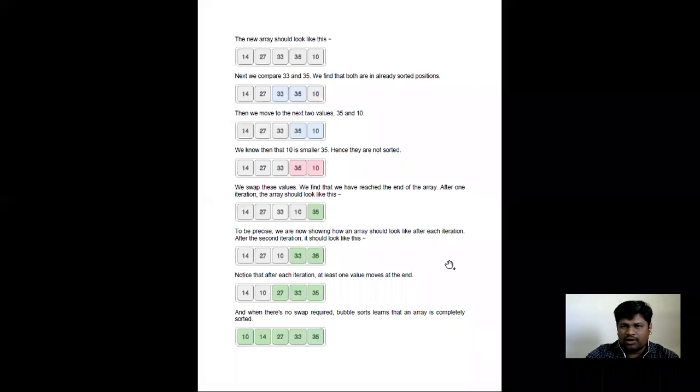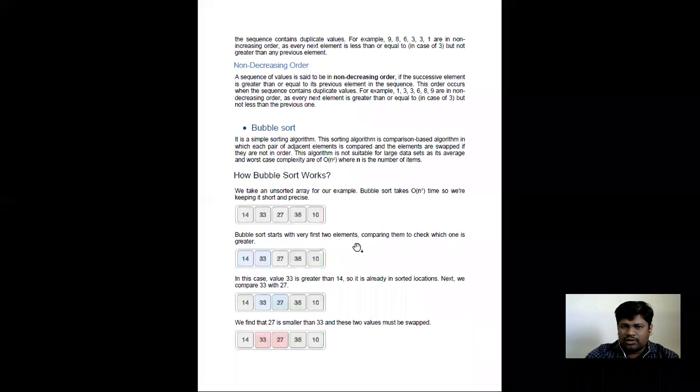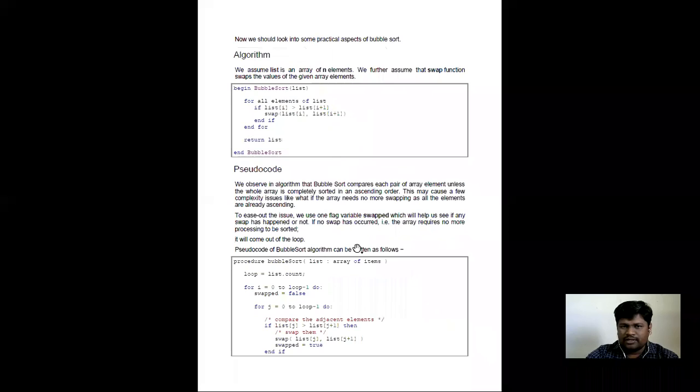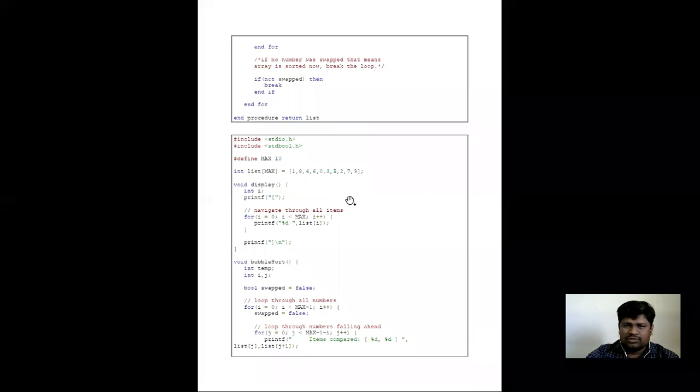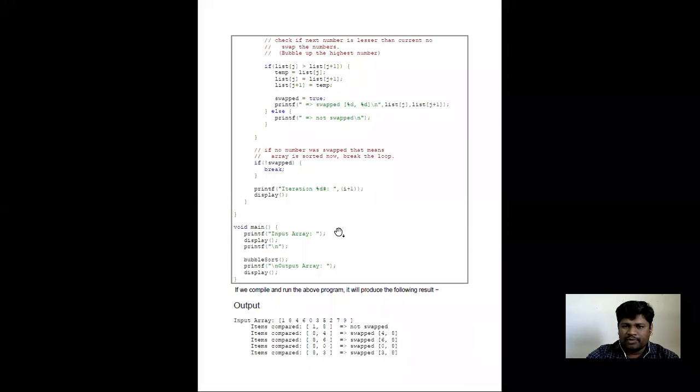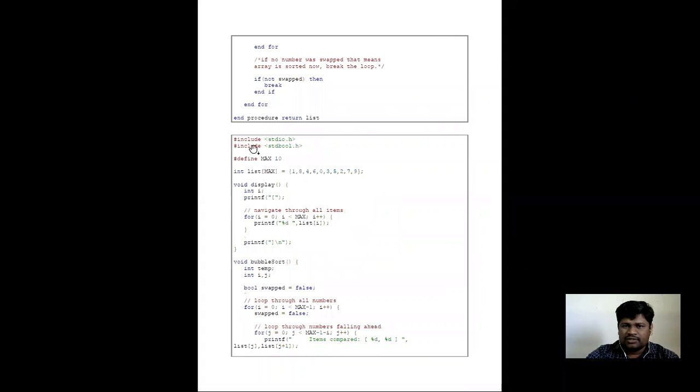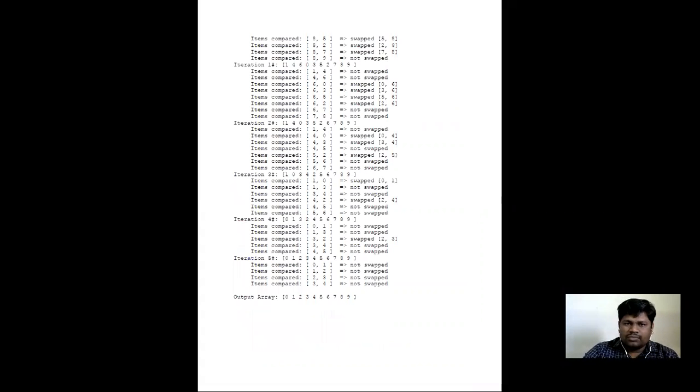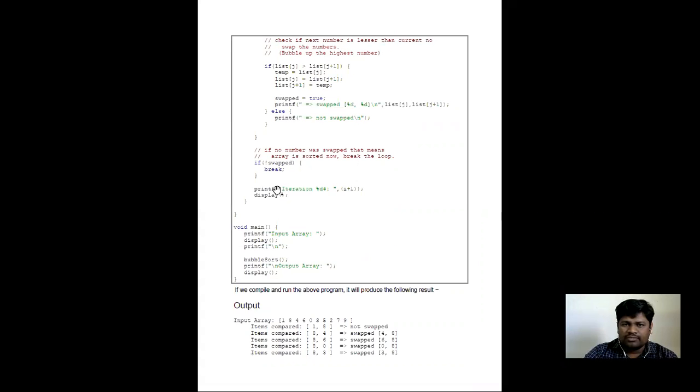Now this is the bubble sort. Here the program you have already implemented, the same program. Now here you can see this is the input array 1, 8, 4, 6. So how many iterations are required? So this is the first